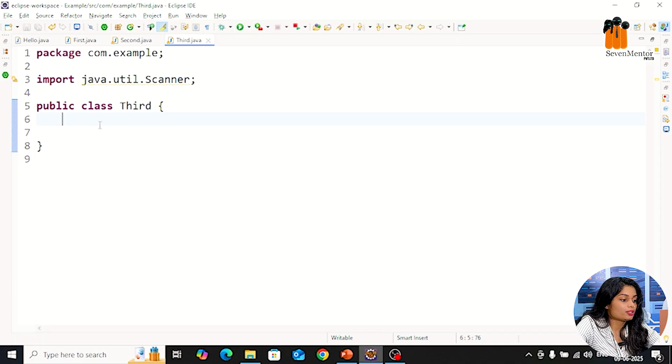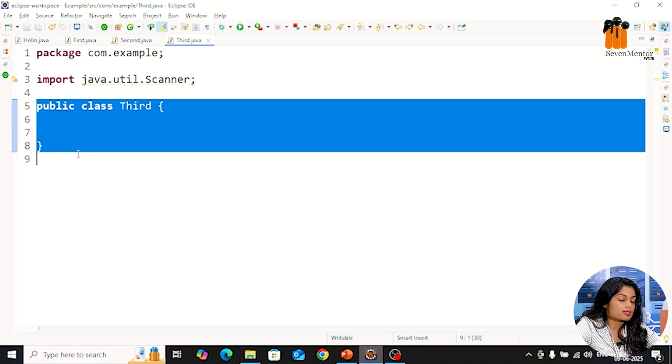So here I need to create a simple single inheritance. So this is our main class. If you remember, we previously discussed that if there is a public access specifier, that class will be considered the main class. So in inheritance, there will be the base class and there will be the subclass. The base class and subclass have to be different.